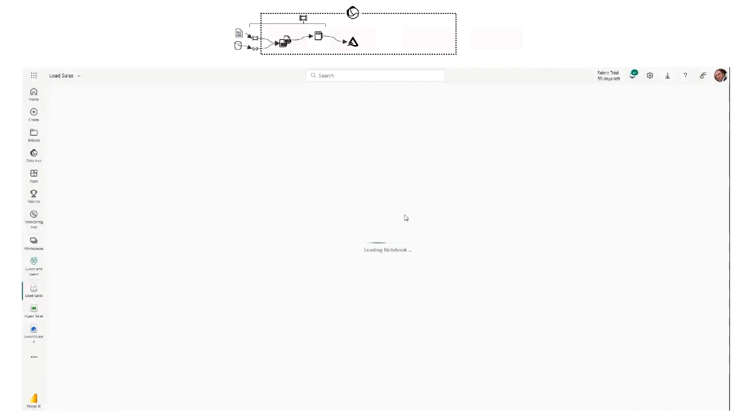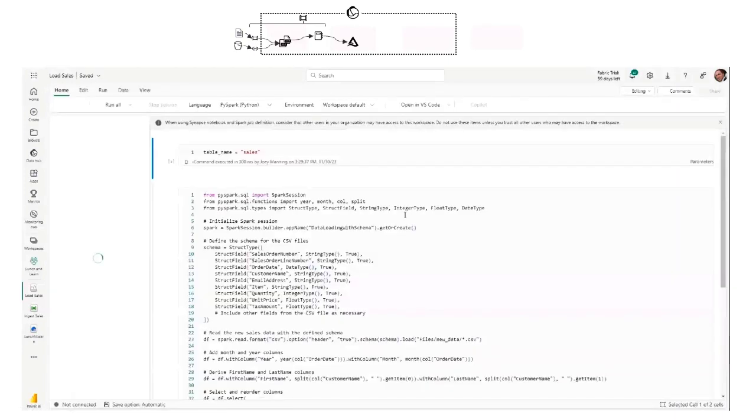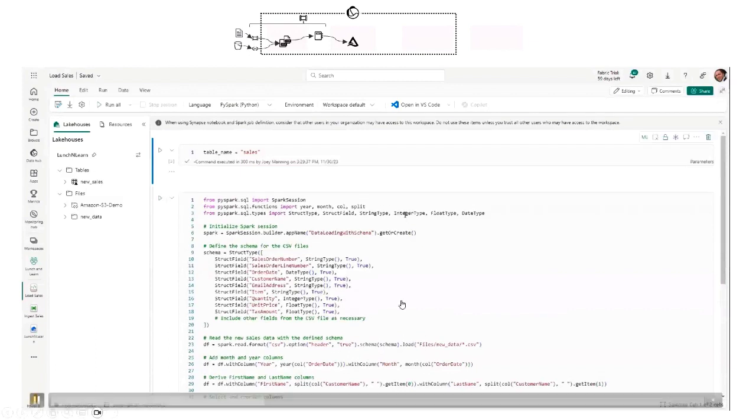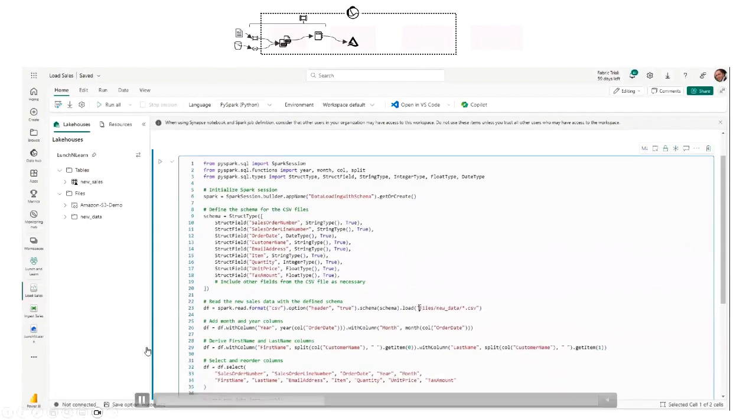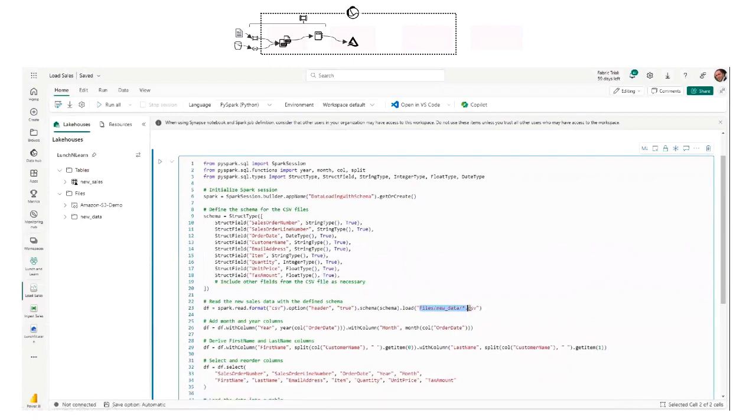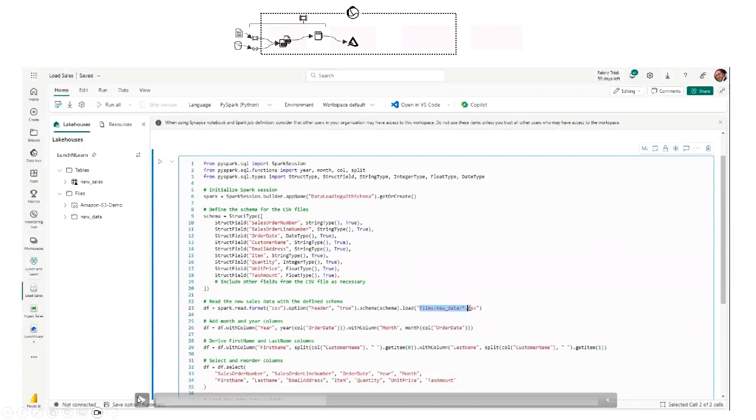So what we're going to see here is some PySpark. Great. And this is an opportunity really quick to talk about, for those that are familiar and comfortable working with PySpark or Spark SQL, this is an opportunity to use that, right? If you're comfortable working in notebooks in this environment, it's an option for you to start doing transformations and working with your data. Now, we're not going to go through all of this code, but in particular, I want to